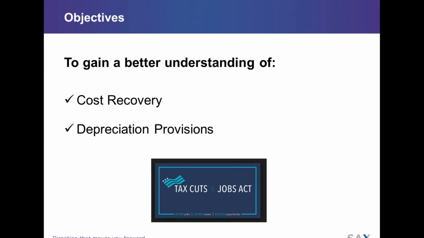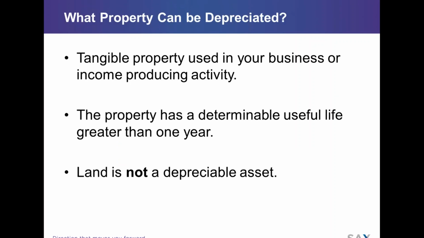All right, so as we get in, we'll talk about what property can actually be depreciated. Really, it's pretty much any tangible property that you're using in your business, anything that you can touch and feel. You've got your chairs, your desk, equipment, machinery, cars. Those are the kind of things that we're talking about here. Anything that really has a depreciable life greater than a year. One example you might think of is land, but that actually is not a depreciable asset because it doesn't get worn down, like a piece of machinery or a car that gets used up over the course of its life. Land holds its value and you're not really beating it down.